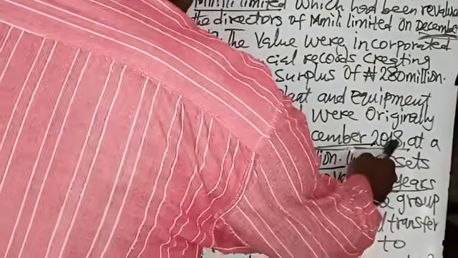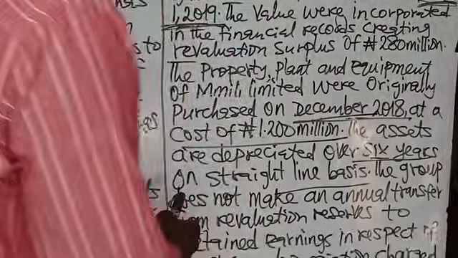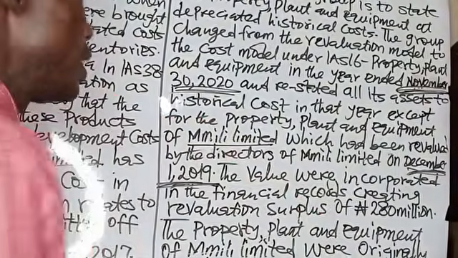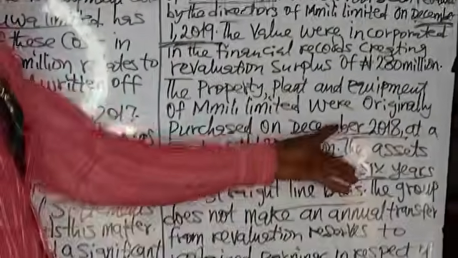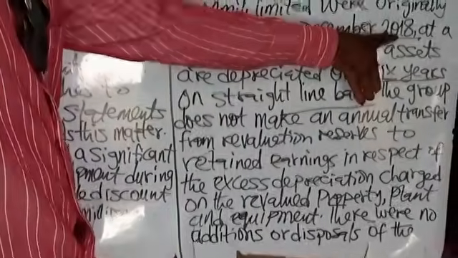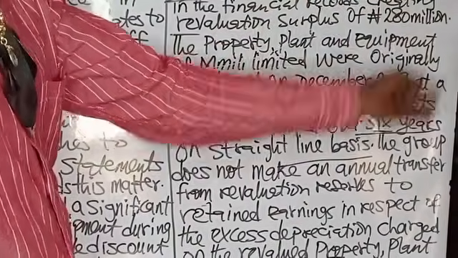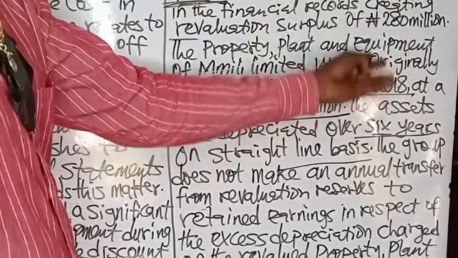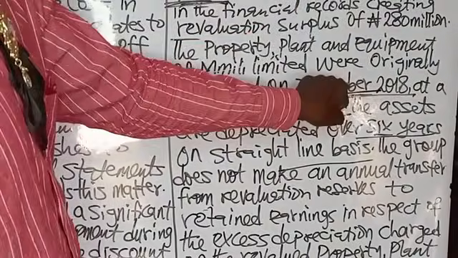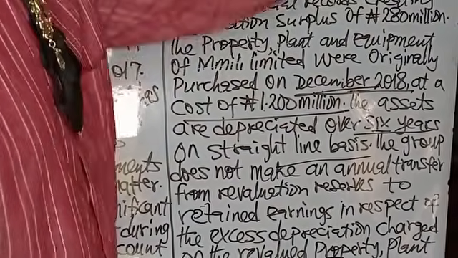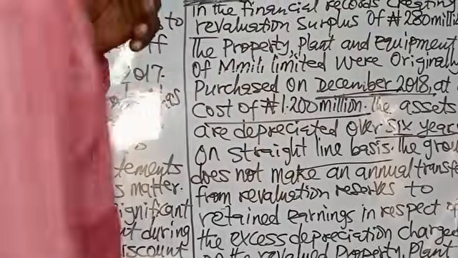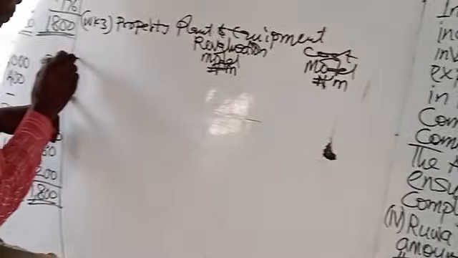Purchased December 2018. Remember, you are preparing financial statement. The current reporting date is November 30, 2020. That means the first year end will be November 30, 2019. Then another year end, 2020, making 2 years now from the date of acquisition to the current reporting date, November 30, 2020. So as at the December 2018, that was the date of acquisition,